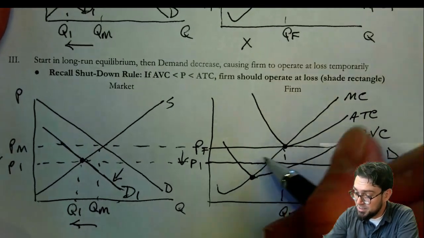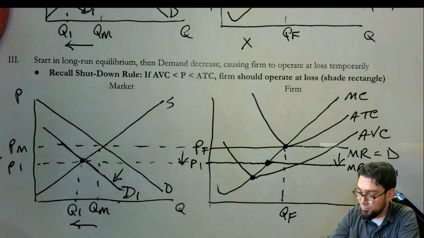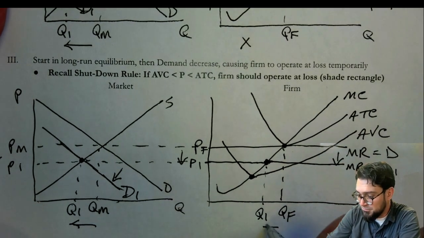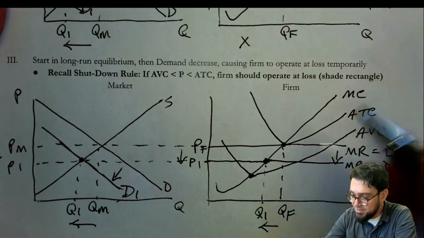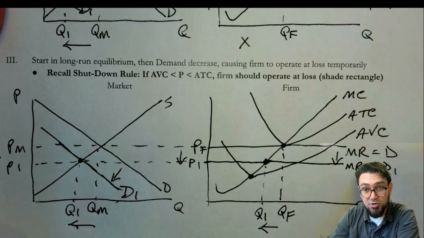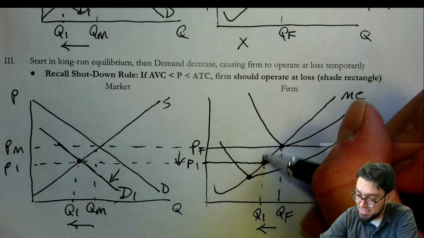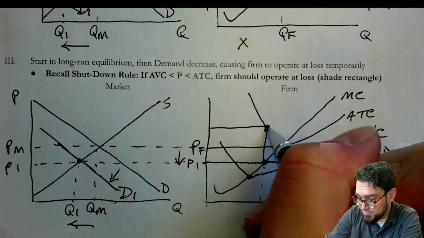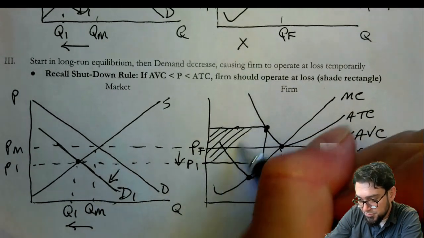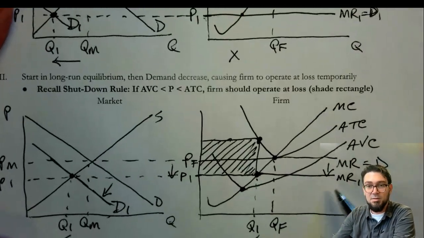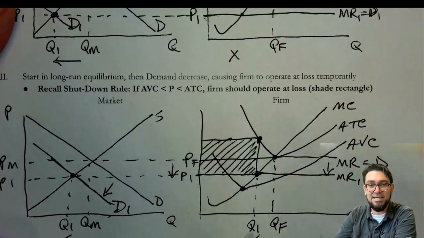Now, that means that our new production point is going to occur where MR1 and MC equal each other. And that's Q sub 1. So the firm is producing less, and they're going to lose money. And we go from the new Mr. DARP, the new price that's being charged, to the ATC. So up to the ATC and over. And so this is what a firm operating at a loss would look like, right? The Mr. DARP would be below that ATC.